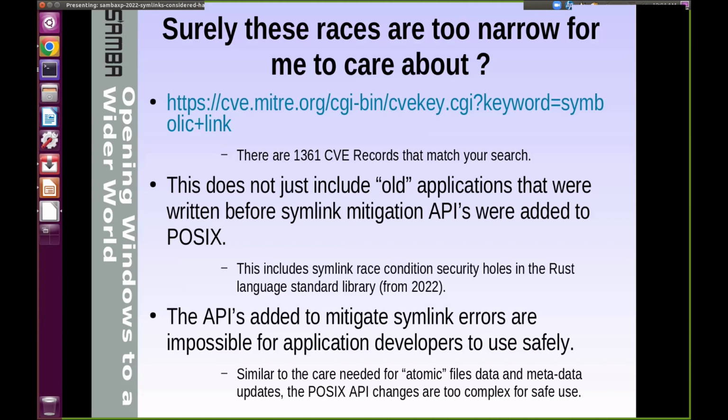There have been many symlink mitigation APIs, which I'm going to go through, that have been added to POSIX to try and fix this race condition problem. But the symlink races still keep occurring in applications. And my feeling is that the APIs now are essentially impossible for application developers to use safely. There are just too many of them. They're too complex. People get it wrong, and they will always get it wrong because these APIs are essentially unusable